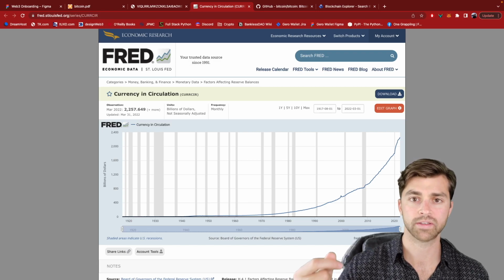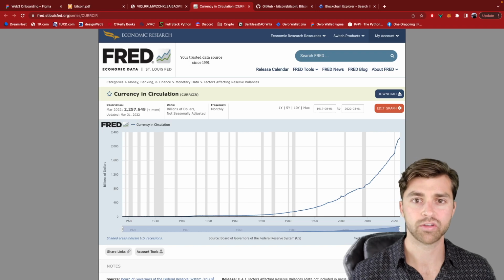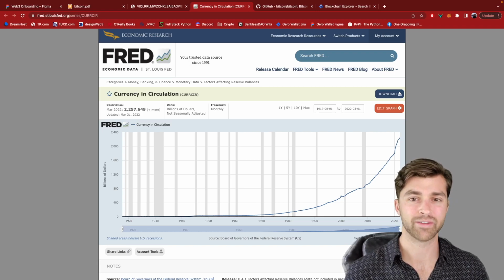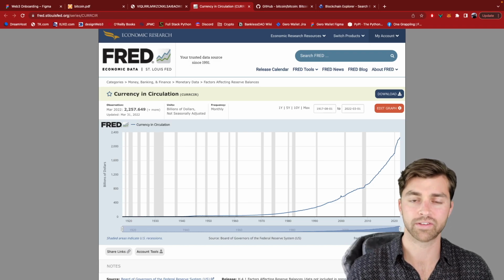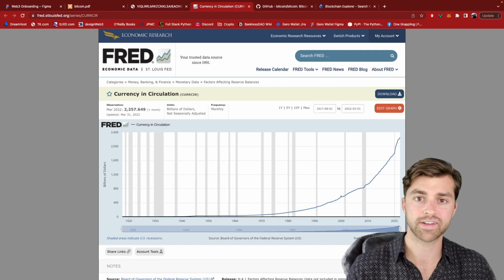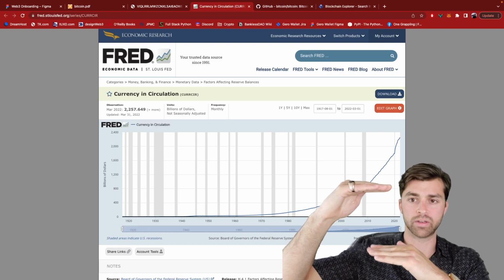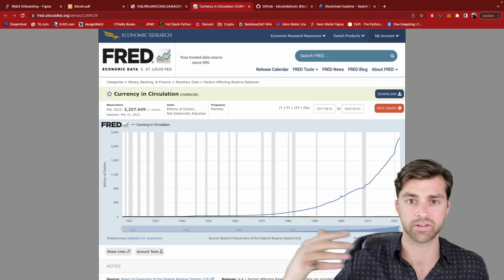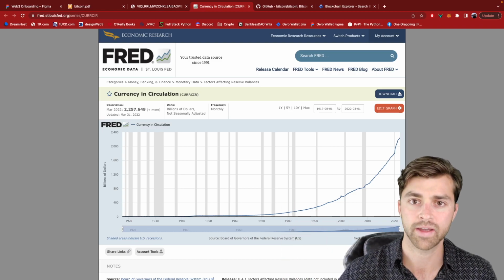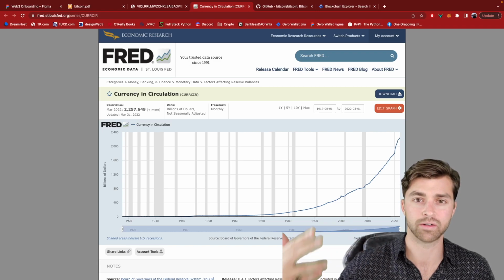So this is what Bitcoin has been valued at up until now. It really hasn't been used too much as a currency at this point. There aren't a lot of retailers who are accepting it to buy and sell goods and services on a day-to-day basis. This could change with something called the Bitcoin Lightning Network, which is a layer 2 on top of Bitcoin. Bitcoin is the layer 1 blockchain, and the Lightning Network is layer 2, which makes it faster and cheaper to send microtransactions and all of that. We won't get into that here, but I just wanted to explain that Bitcoin is considered a store of value,